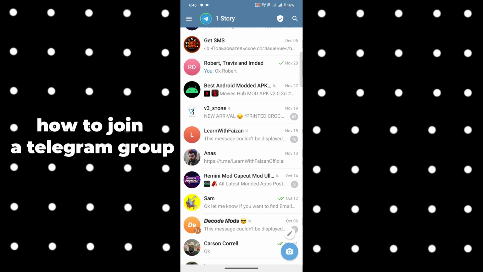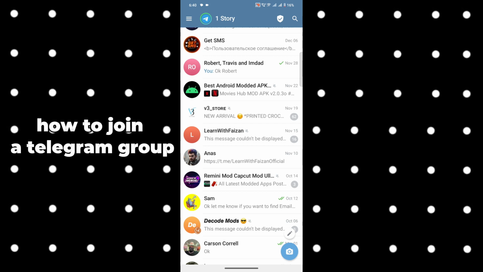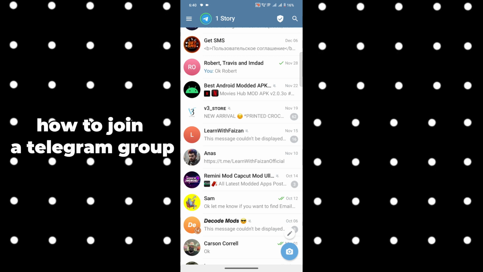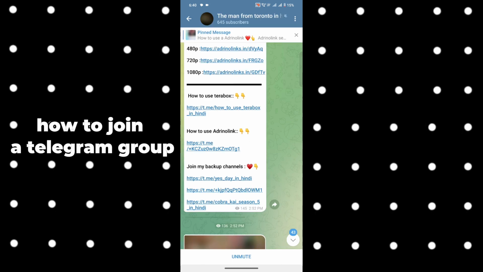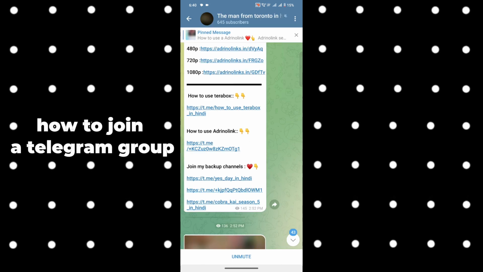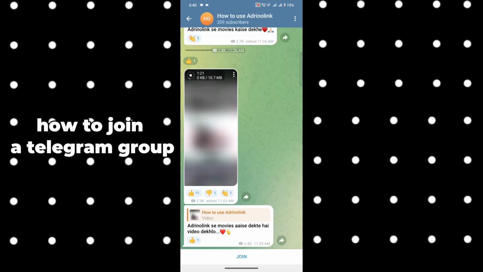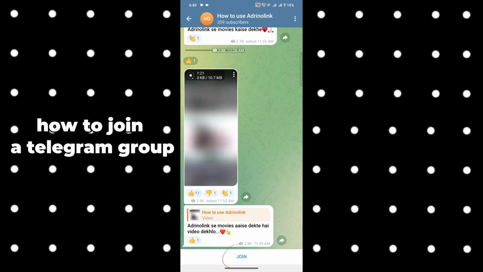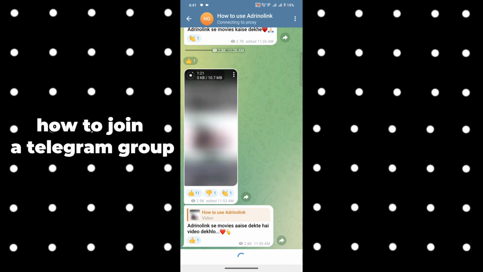First of all, you have to open up the Telegram app on your mobile phone. After opening the Telegram app, if someone sent you a group invitation link, you just have to open that link. Suppose I want to join the group by tapping on the link. You just have to tap on that link. It will redirect you to the group. Then you just have to tap on the join button. After tapping on join,